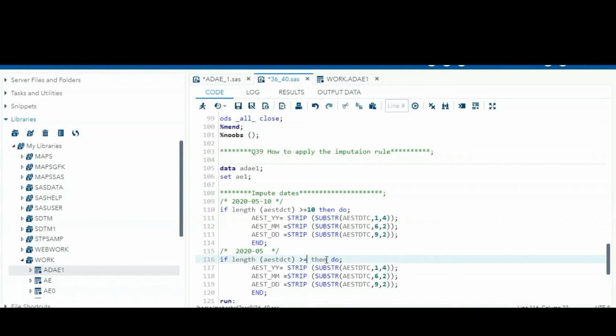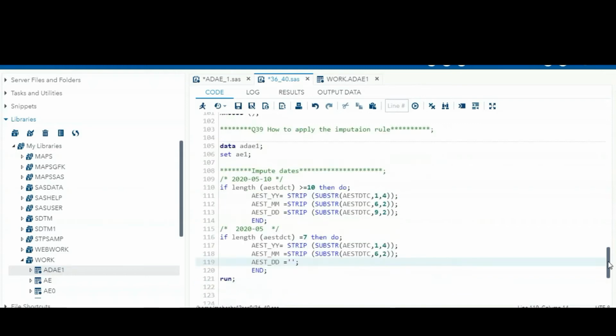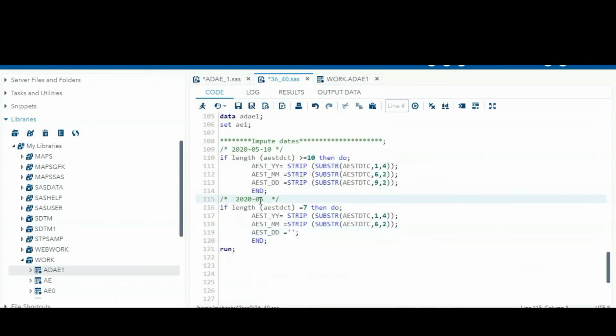So if it is equal to 7, then the date part should be missing. Only the year part and month part are present.